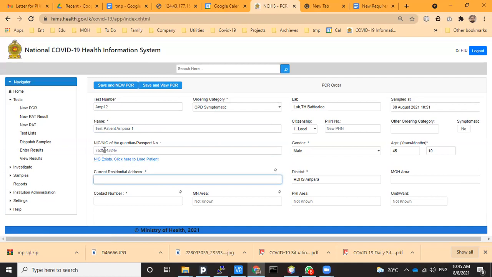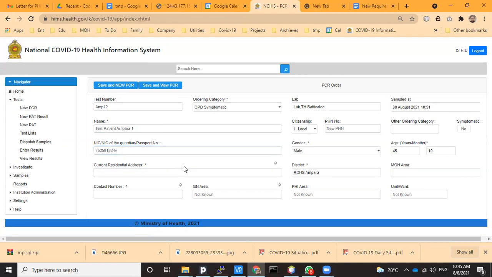So say, for example, if the patient has no record of NIC, just leave this blank, then go with the mouse pointer and select male and enter the age in years and months. If you have the NIC, that's better, because we need not go to these details.